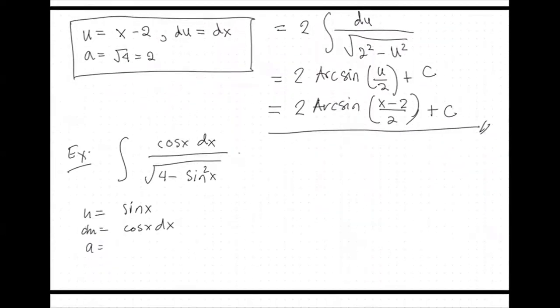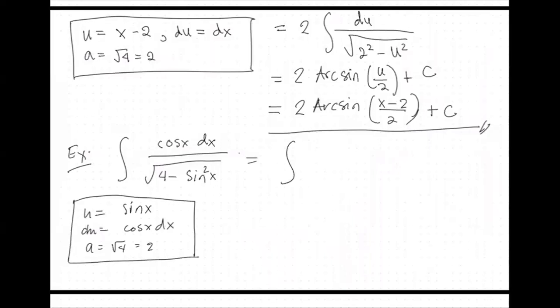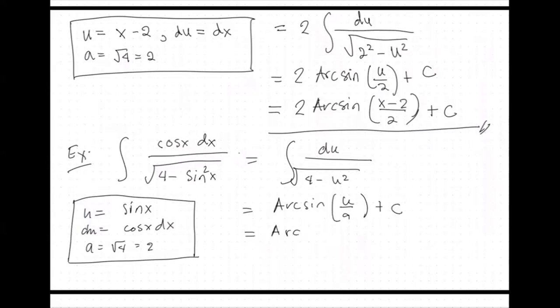Your a is just the square root of 4, which is 2. And then we rewrite everything as follows: du over the square root of 4 minus u squared. This becomes arcsine of u over a plus c. And then going back to the function of x,